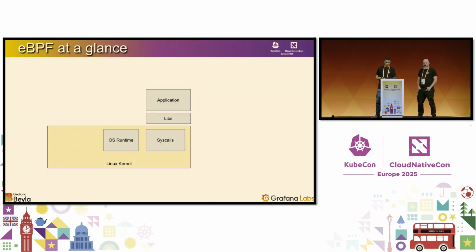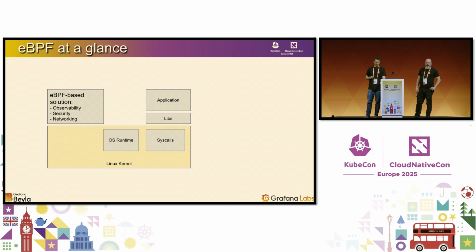I know many of you already know eBPF, but I'd like to do a small introduction of how we are using eBPF in the Grafana Beyla team. Basically, your application runs on top of a set of libraries, and it runs on top of the Linux kernel. It interacts with it using syscalls, and the Linux kernel has a runtime that allocates the resources and operates your application. An eBPF-based solution like Grafana Beyla to provide observability or security or networking, not concretely Grafana